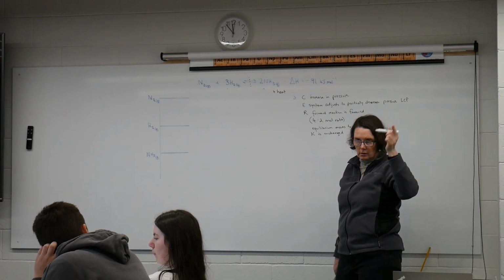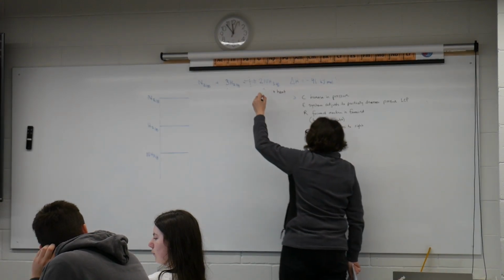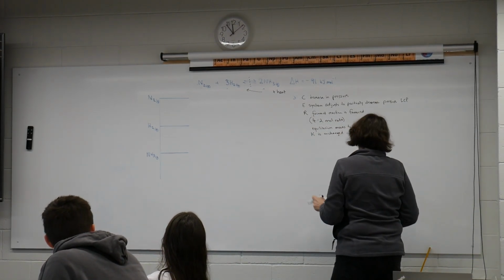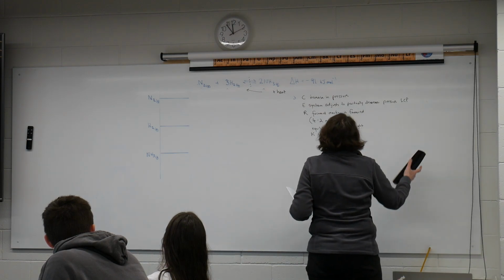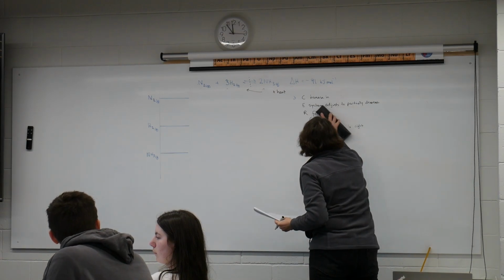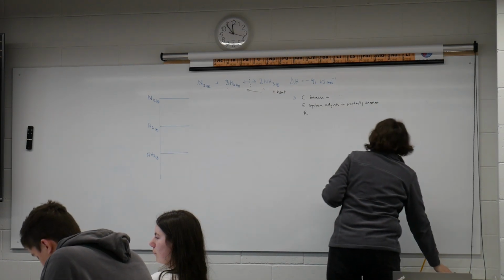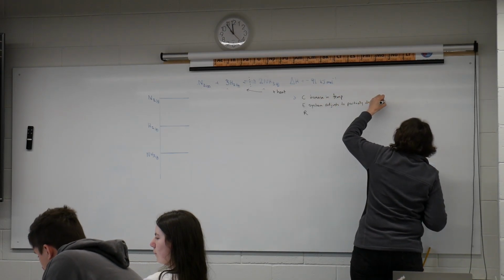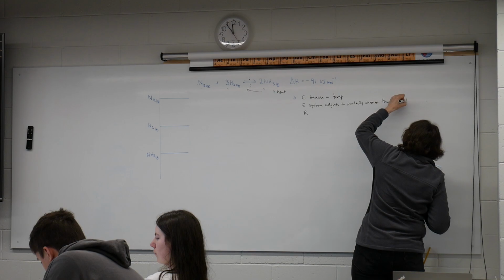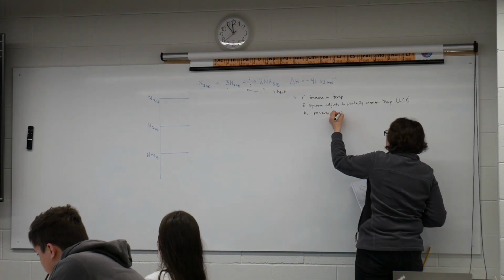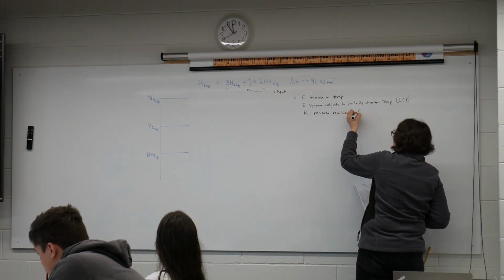And so if I increase the temperature, the system is going to adjust to decrease the temperature. So it will favour the reverse reaction. So the result will be that the reverse reaction is favoured,